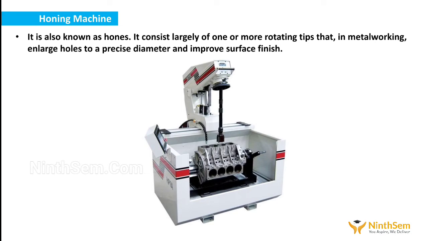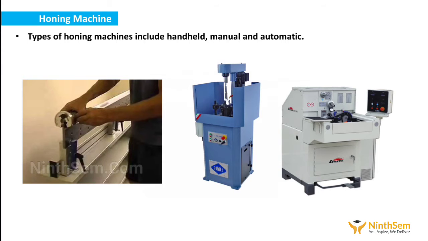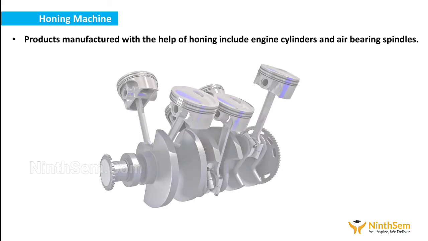Next one is honing machines, also known as hones, consist largely of one or more rotating tips that, in metalworking, enlarge holes to a precise diameter and improve surface finish. The types of honing machines include handheld, manual, and automatic. Products manufactured with the help of honing include engine cylinders and air bearing spindles, whereas a hobbing machine cuts the